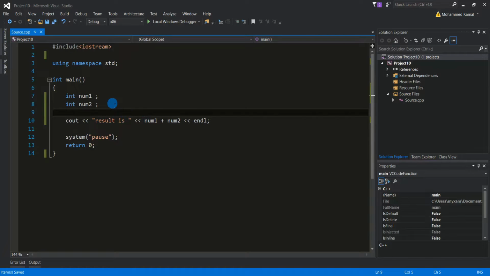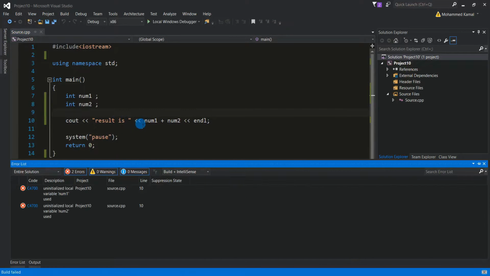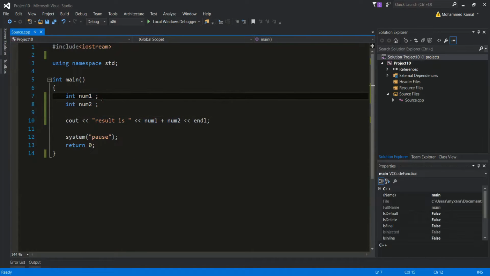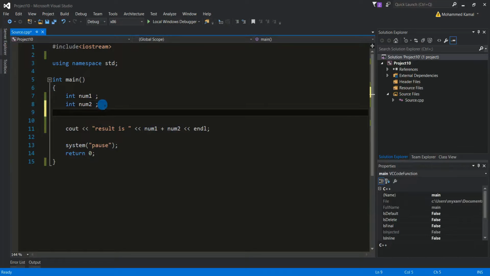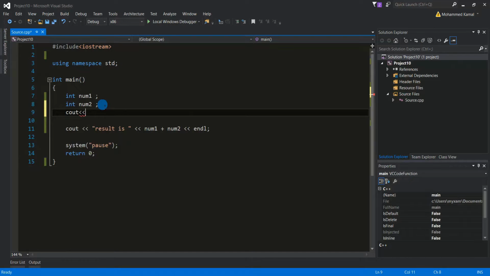So whenever I build the program, we may see some errors. What are the errors? It says num1 and num2 are not initialized. It's like they don't have any value inside. So how can we add some value to them? We can use interactivity, like the user inserting some data into the program. The user will use the keyboard to enter some value into the program. So I'm directing the user to enter something. I will say enter the first number